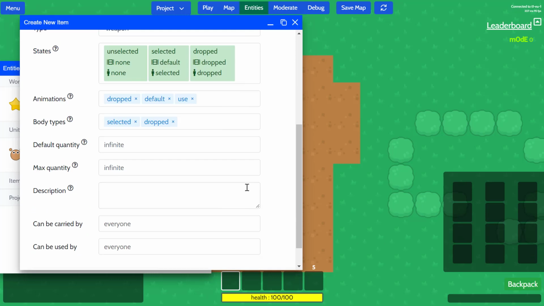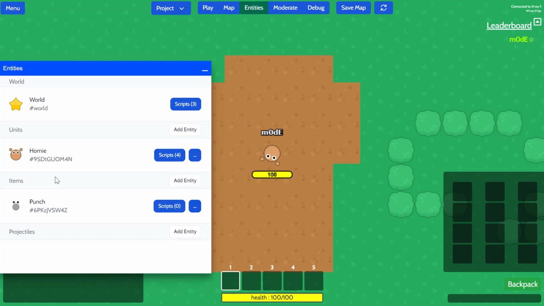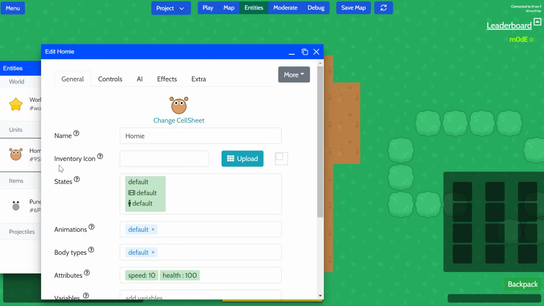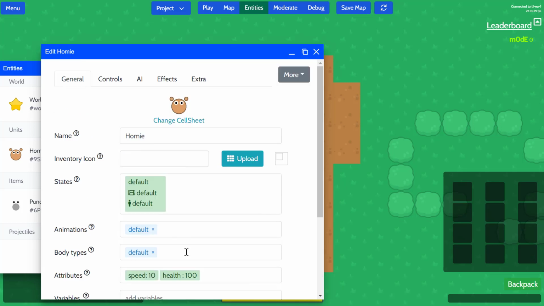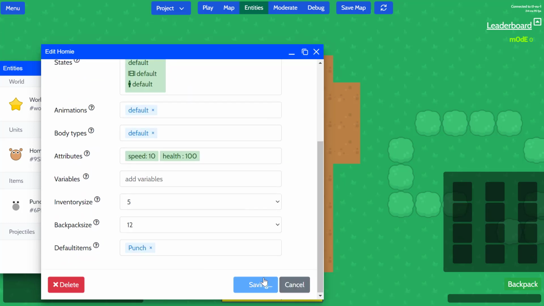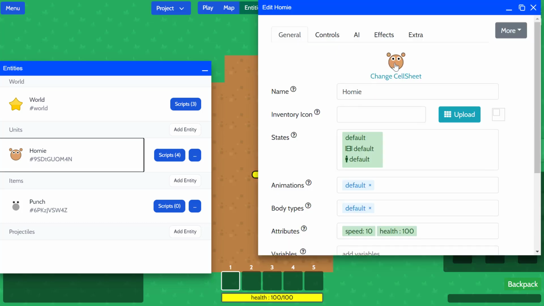So what we're gonna do is create this item first and foremost, and then go back to our unit homie, and give a default item, punch, to this unit. Now, there's a couple of things that we'll have to modify here. One is that this unit already has 2 fists, so we're gonna have to get rid of that. So I'll download this image